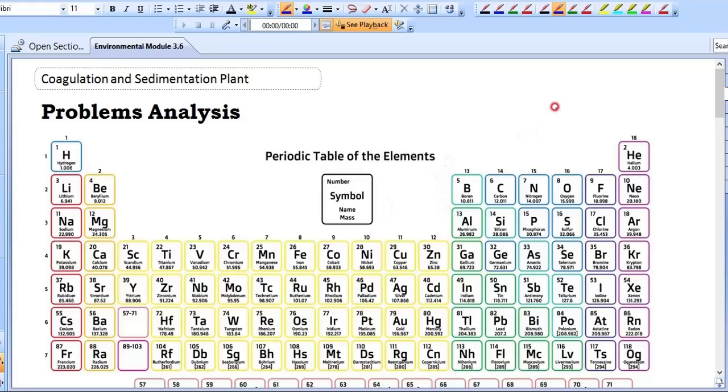Now come here. Here I would like to explain first how to analyze the problems, and later we will solve some problems. In coagulation tank or coagulation cum sedimentation tank, we are going to get 2 types of problems. The first one is problems on some dosage or otherwise some chemical reactions, problems on chemical reactions, and another type of problems we are getting purely based on